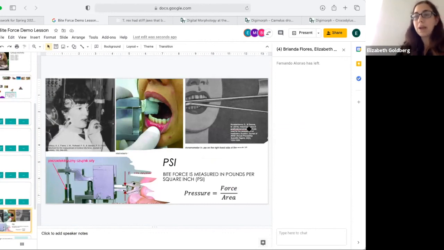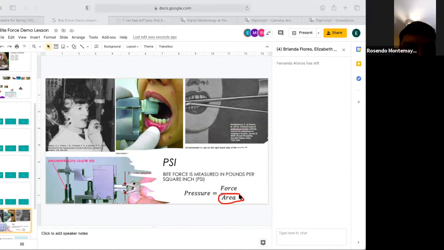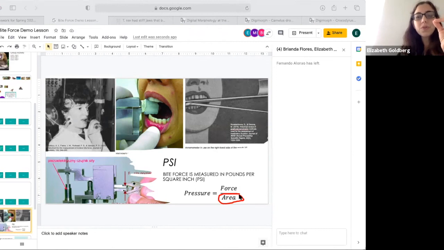So then what I would have the students do is figure out, well, why? Why do bunny rabbits have these crazy bite forces? And that actually comes to our physics: this bite force is actually not a measure of force, it's a measure of pressure. When I look at pressure, pressure is the force, but what's that other missing variable? Over area. So it's not just how much force you can produce, it's the amount of force you can produce in a given